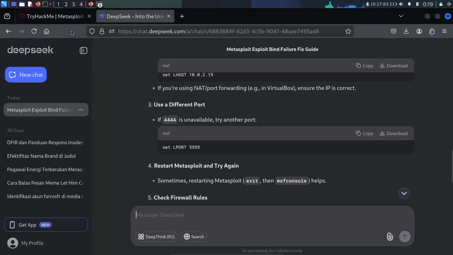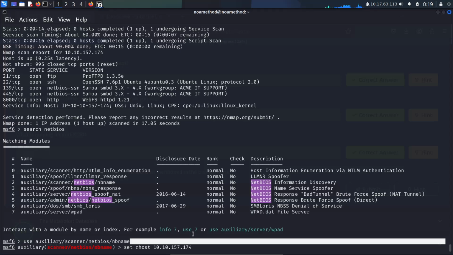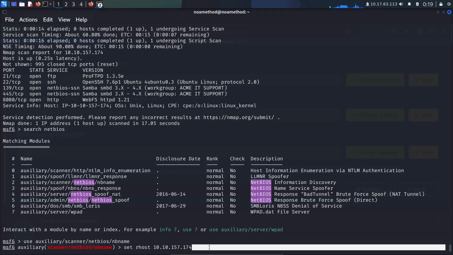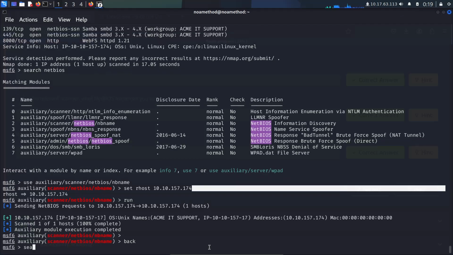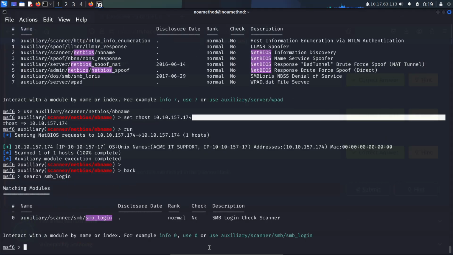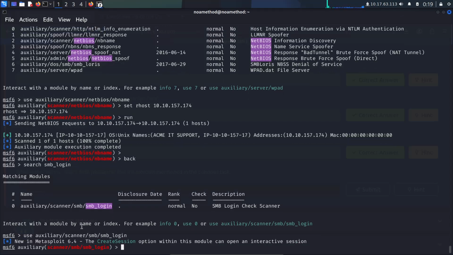Okay. Let's do SMB login first. Search smb_login, and then we can use it in Metasploit.